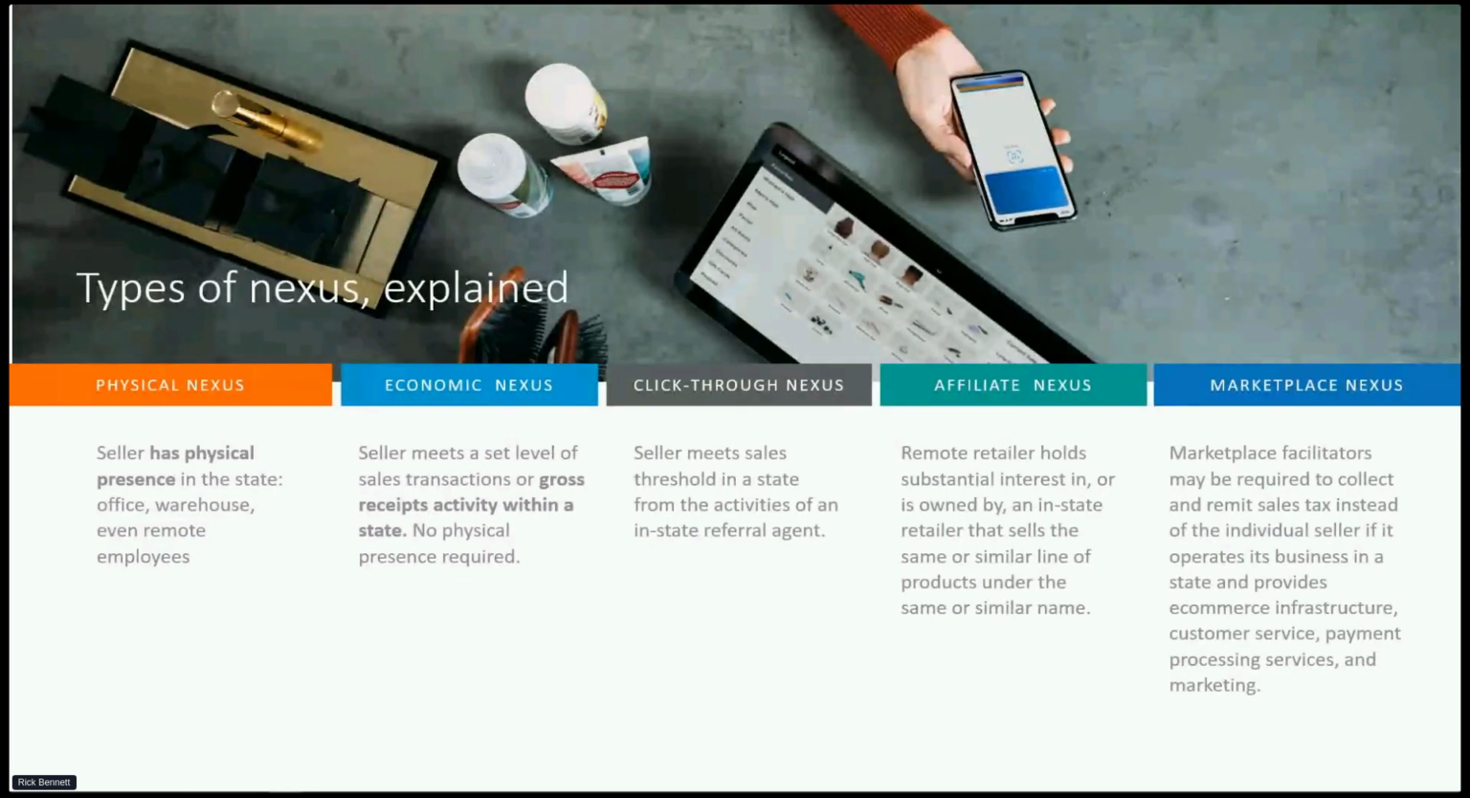And then the other thing is abating penalties that you might have to pay due to not paying the taxes when they were due. Other forms of nexus, as you can see here, are click-through nexus,